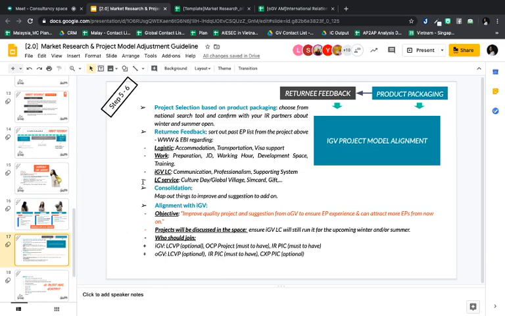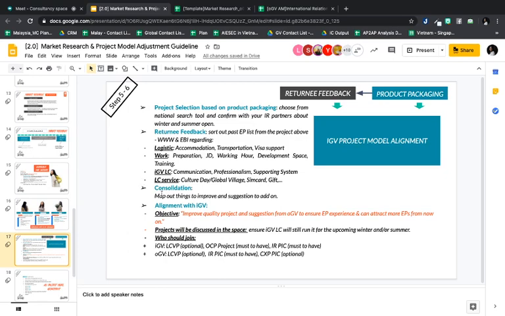Some of the EP feedback, how to say, is like: during IPS, after IPS I want to go to the bar, but IGV don't go with me. Then you understand that it's not constructive feedback, right? You should filter a bit to understand what you should give to IGV and what is just common sense and the EP's own opinion.